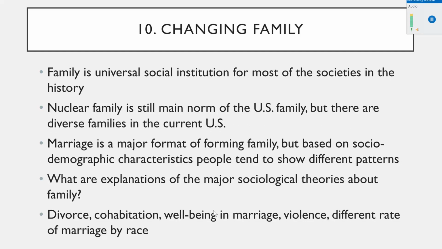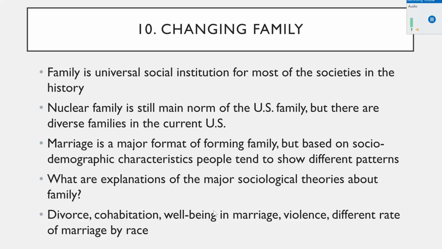Changing the family. Family is a very universal social institution and the starting point of socialization for almost everyone. The nuclear family has declined a lot, but it is still the basic form and main norm of the US family. But there are also diverse families, such as extended families, single-parent families, cohabitation, and same-sex married